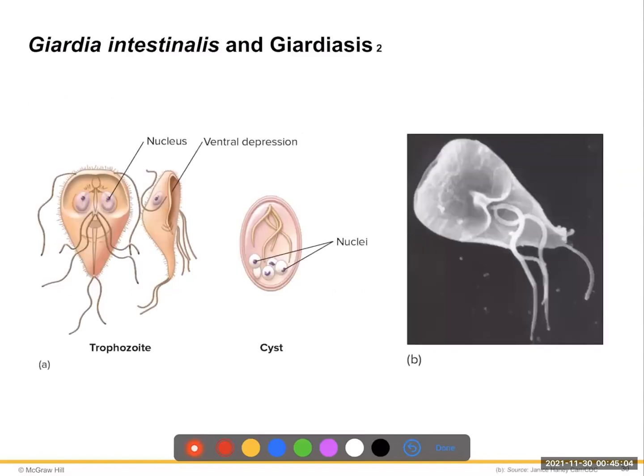Okay, this is Giardia intestinalis. You can see the nucleus. You can see the ventral depression, which is a heart-shaped little suction cup they can adhere with, like there. Again, this is a trophozoite form, the active feeding form. And this is a cyst form with the multiple nuclei inside. The cyst form is easily identified because it's multinuclear, usually 4 nuclei, and the flagella and the cilia don't appear on the outside. It's a cell wall. It seals it up. That's the easiest way to tell between the two.